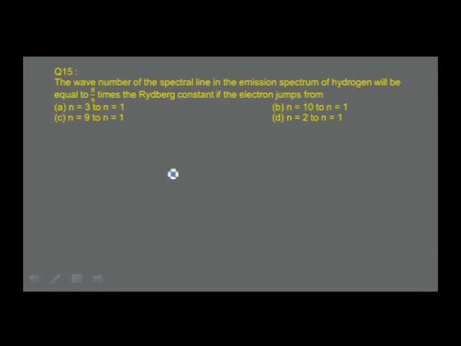The spectral lines are calculated by the formula nu bar = RH × (1/n1² - 1/n2²). Here it is given that the wave number of the spectral line in the emission spectrum of hydrogen will be equal to 8/9 times the Rydberg constant. Therefore, 8/9 RH = RH × (1/1² - 1/n²). Simplify, RH cancels, and you find 8/9 = 1/1² - 1/n². Bring the 1² to this side, it becomes 8/9 - 1 = -1/n². Simplify, you get -1/9 = -1/n². That is 1/9 = 1/n², taking the square root, 1/3 = 1/n, or